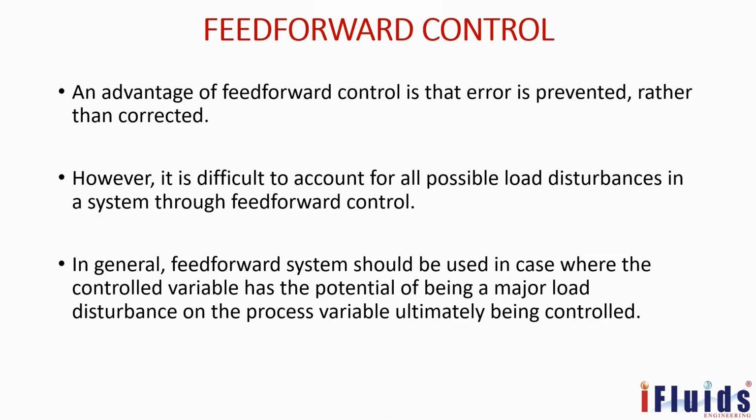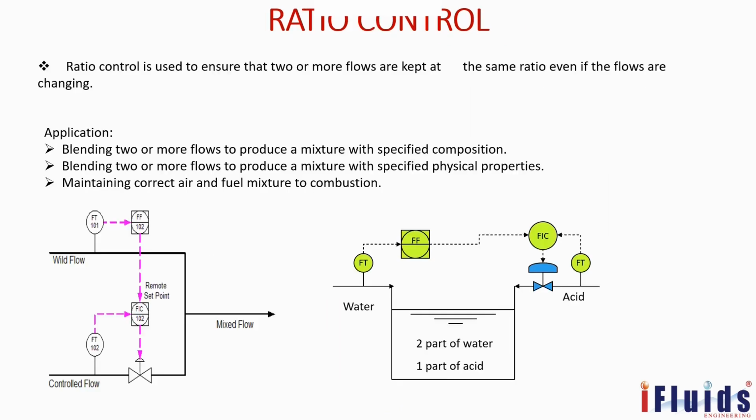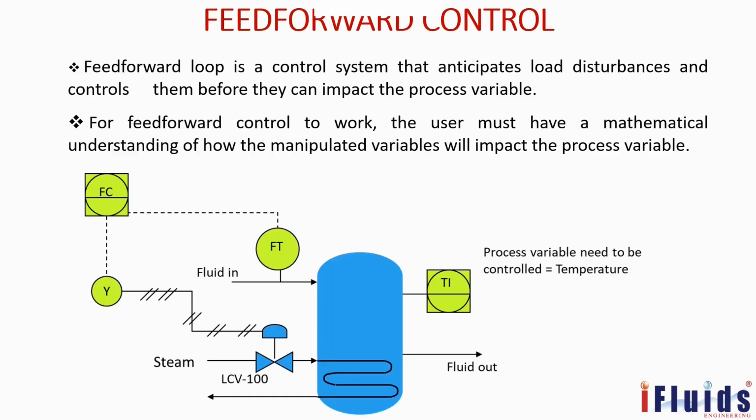However, it is difficult to account for all possible load disturbances in a system through feed forward control. In feed forward control, we can control only one disturbance, the major load disturbance. We cannot control other load disturbances. Maybe in the previous example, we have seen the temperature disturbance, but not the inlet flow, the fluid in and steam flow; we are not controlling them. We are measuring the